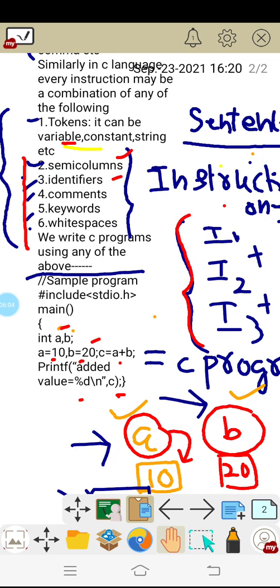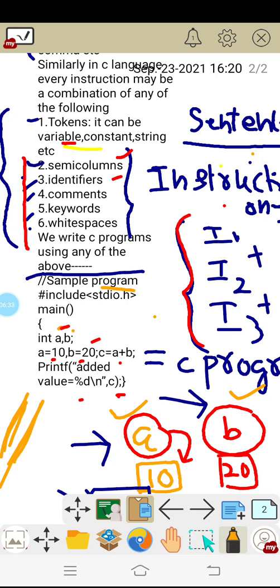Fourth one, comments. See here the comment is given, sample program. Why are we writing the comments? We just give some information about that program. It's a sample program. I have given 2 slashes and written how to write comments using the 2 slashes. In later classes, we are going to discuss them deeply. But this is the comments, right? Just remember this only.